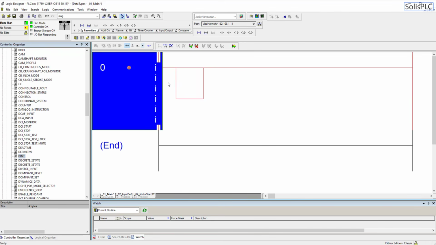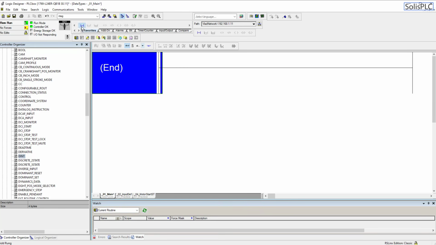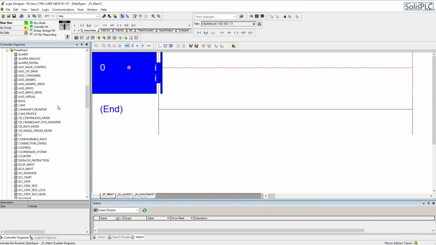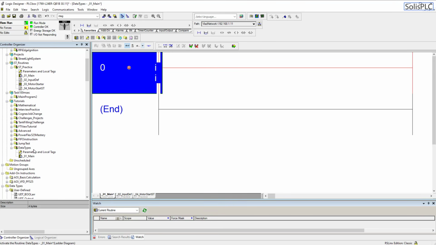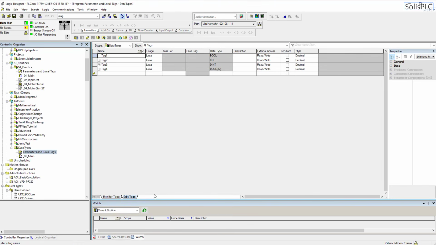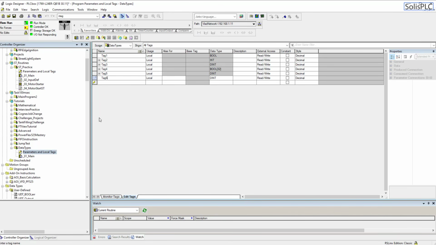So, for example, let's just get rid of this rung. Let's go back to the tags, parameters and local tags. I'm going to create a lot of different tags here. So let's say tag 5, tag 6, and actually I do want them to be boolean, so tag 7, boolean. And the reason why you'd want to send booleans into arrays of dints is that dints are usually